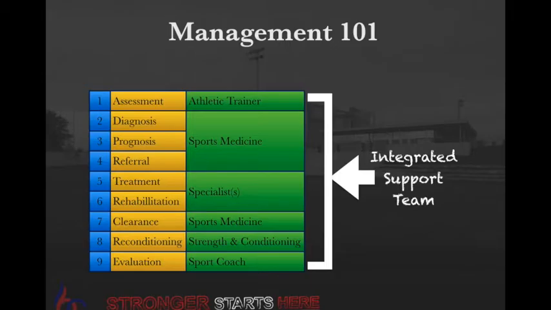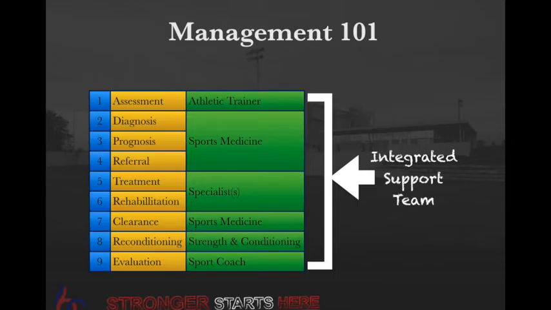And that referral will lead the athlete to somebody in a specialized area. So these specialists could work in massage therapy, chiropractic care, physiotherapy, athletic therapy, acupuncture, and the list goes on. But really the role of the specialist is first treatment and second rehabilitation. After that comes clearance, and that's when the athlete would hopefully return to the sports medicine doctor, hopefully for some movement tests and screening to make sure that those same symptoms that they first initially presented after the assessment from the athletic trainer aren't still there. And at that point, hopefully a sports medicine doctor can provide an athlete with clearance to return to training.